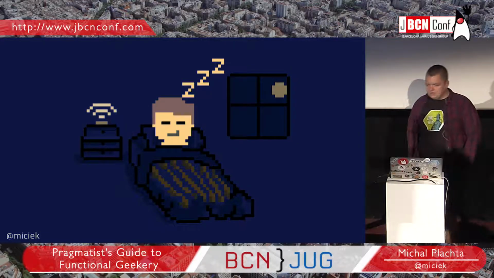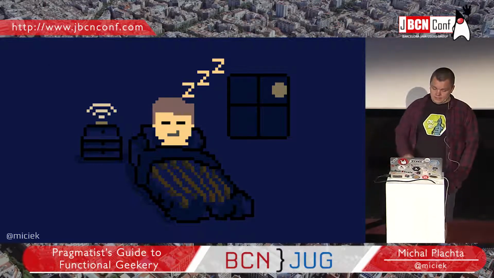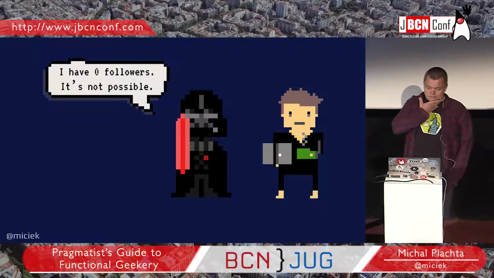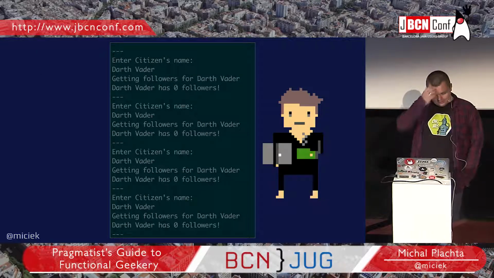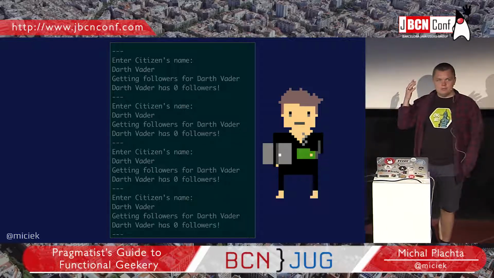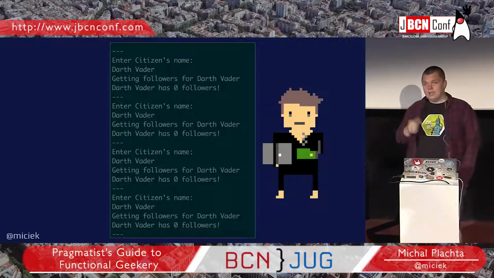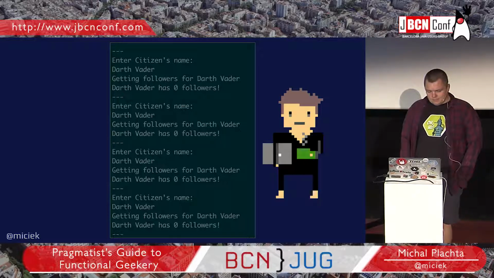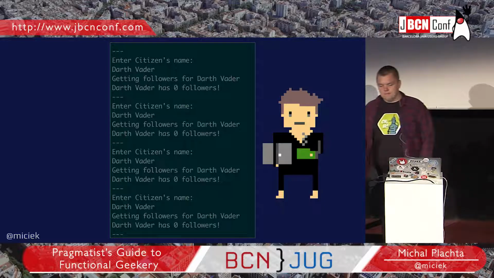So we have done well, and everything works fine, but one night, our telephone starts ringing, and it's our client, and he's not happy, and he files a bug report. I have 0 followers, it's not possible. Okay, so we run to our desk, of course, we need to be running to our desk, and fire up our console helper application. I'm glad that we really wrote it, and then run a query against the production database, because why not? And we can see that, yeah, Darth Vader has 0 followers, Darth Vader has 0 followers, 0 followers,